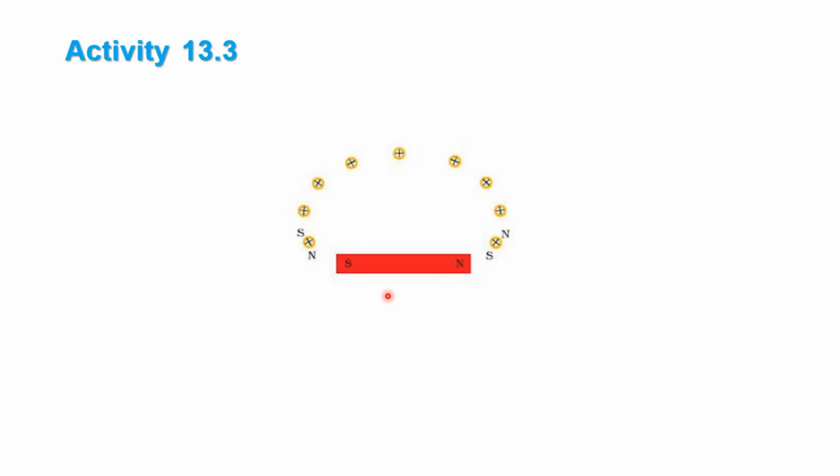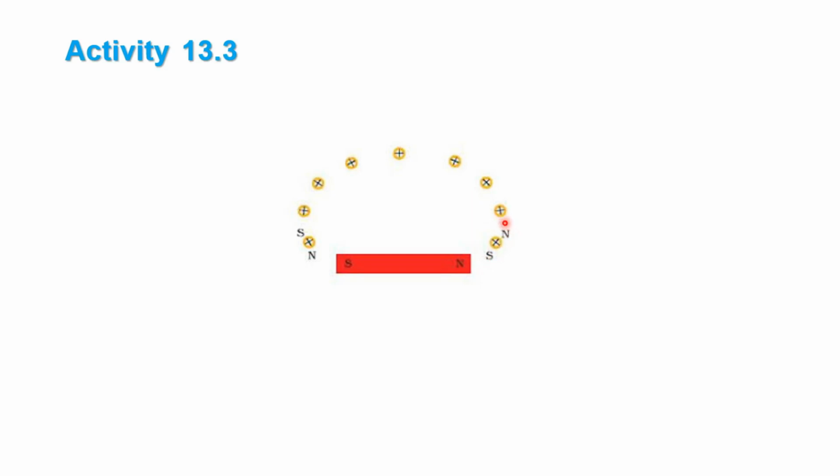For this, we have to place a bar magnet on the white paper. The north pole is this and the south pole is this one. Now we will be bringing the compass needle near this north pole. We will find the deflection in the compass needle in such a manner that the south pole will be attracted towards the north and the north pole will be away. So, two dots we have to put over here, one for this south pole and one for this.